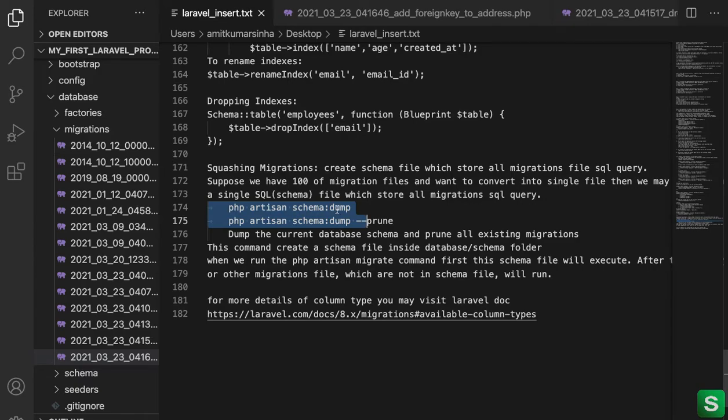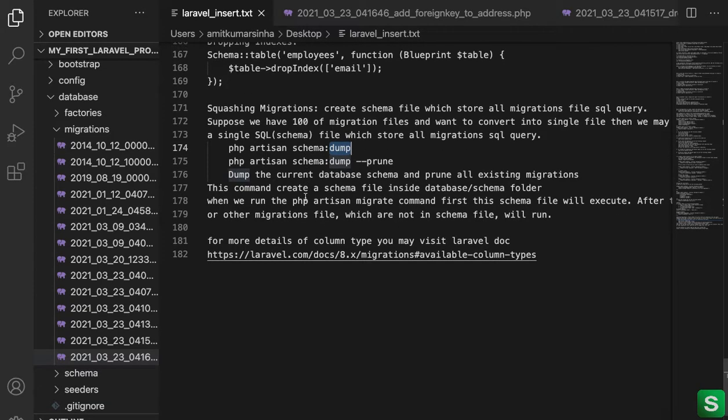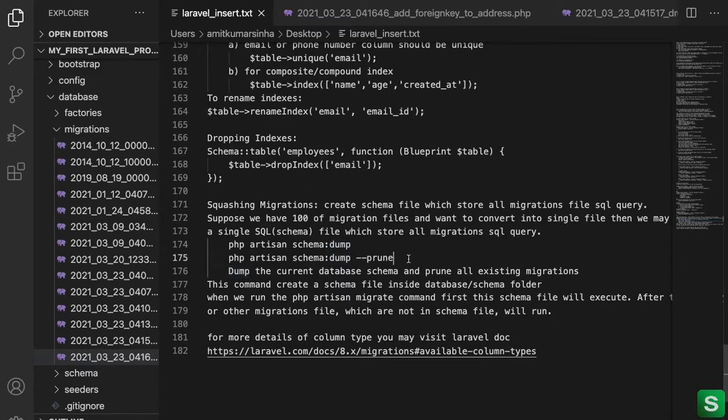But I recommend you do it at the end, when your project is completed, then it will convert into a single file, because it will not give you much problem. This command sometimes gives a problem, because the mysqldump command may not be found or the path is not set. But you can do it, otherwise it's not required at all.